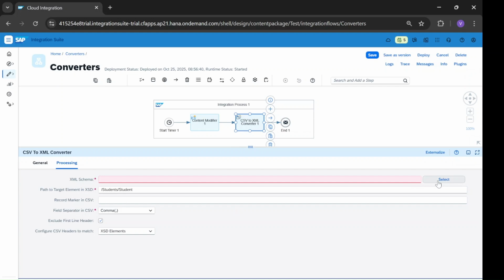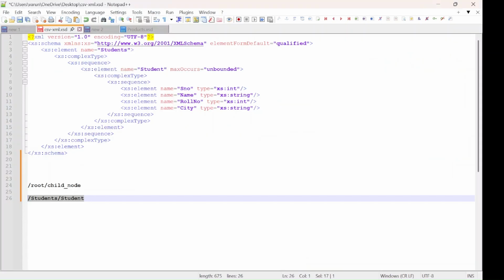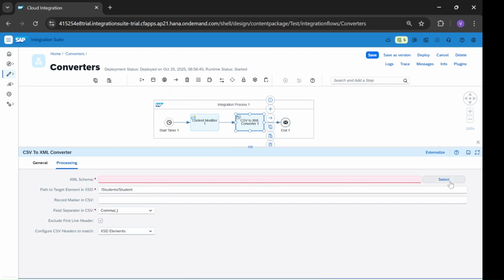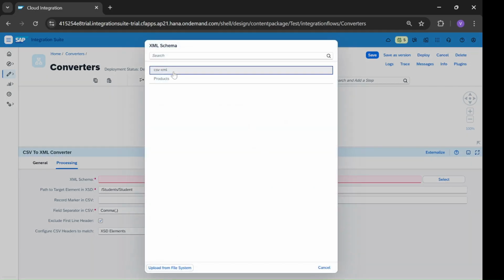And now we're going to insert our XML schema. Select and add the CSV to XML schema. I have already added the CSV to XML schema in the integration suite, that's why I am getting the CSV to XML XSD schema here. We can also upload from the file system here if we want. And I'm using CSV to XML,